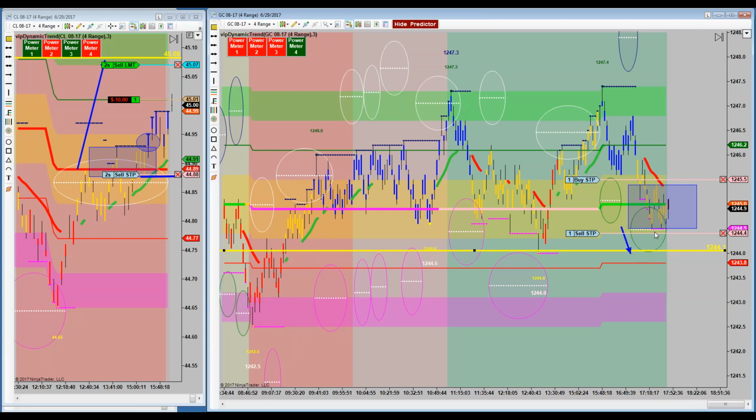So if you took the short here, unless it just plowed right through it and headed down to this support area down here. Can you see all the support down here? See all the predictors and the support? So the good thing on the short side would be if you could wind up getting a break all the way down here.